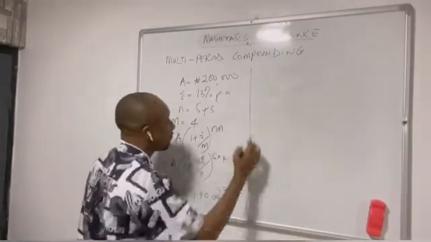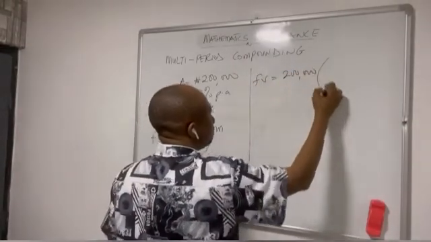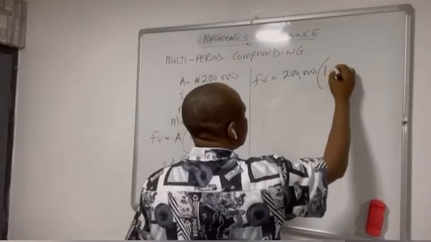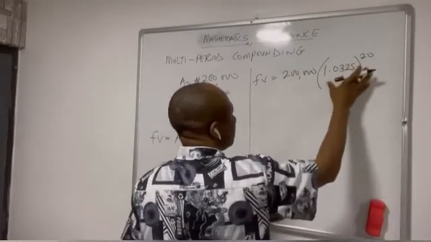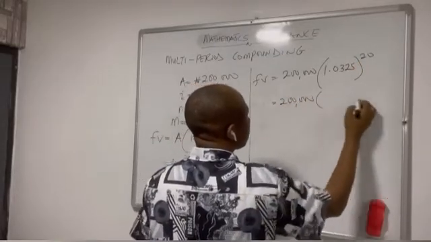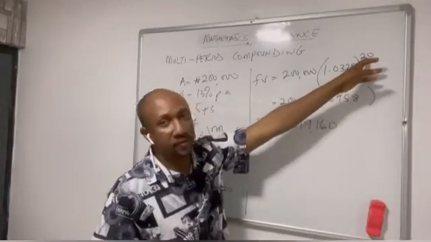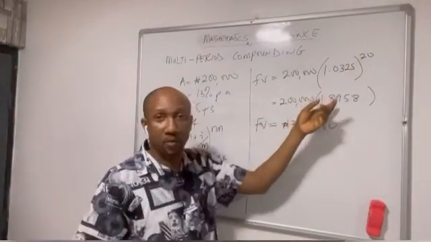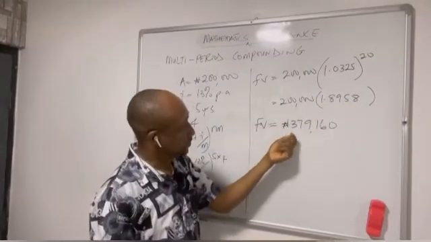So our future value will then become 200,000 into 1.0325 raised to power 20. If you then raise this to power 20 and multiply by 200,000, you have your value. 1.0325 raised to power 20 gives us 1.8956, and multiplying these two gives us a value of